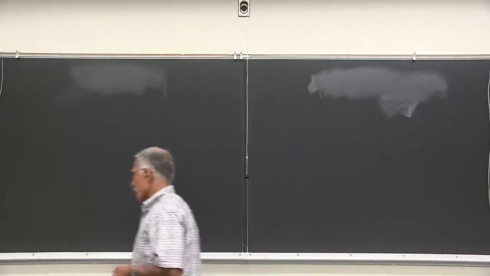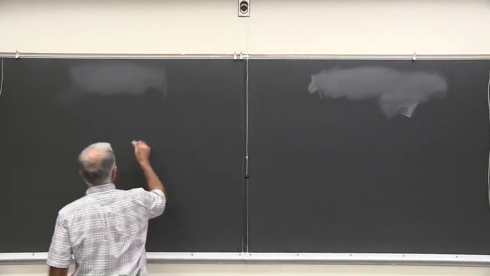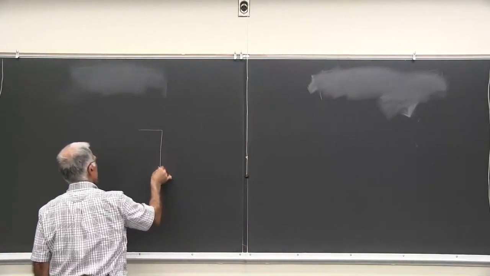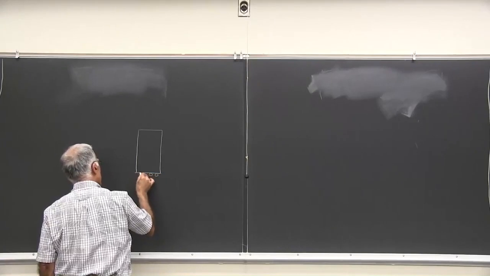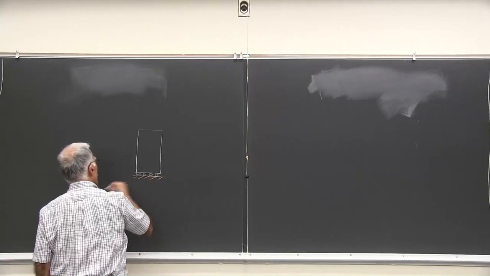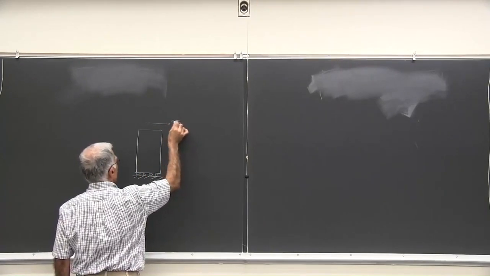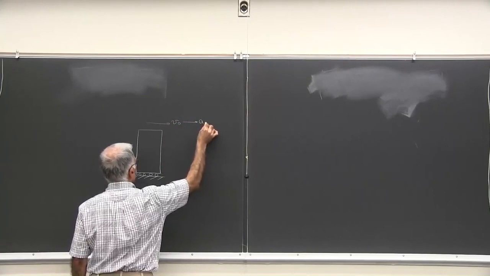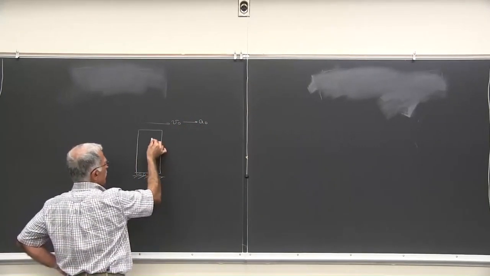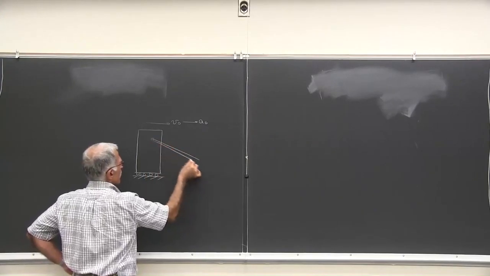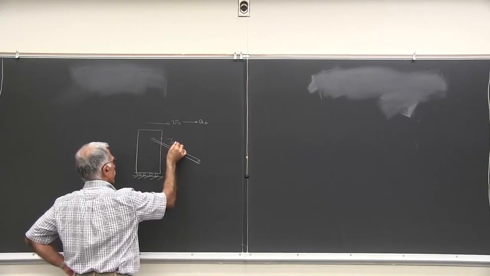All right, so let's say that you do have a cart, and this is a cart, maybe a robot, and this robot is going with a constant velocity v0 and with constant acceleration a0 maybe, at this time. And this robot has some arm, and at this instance this angle is 45 degrees,